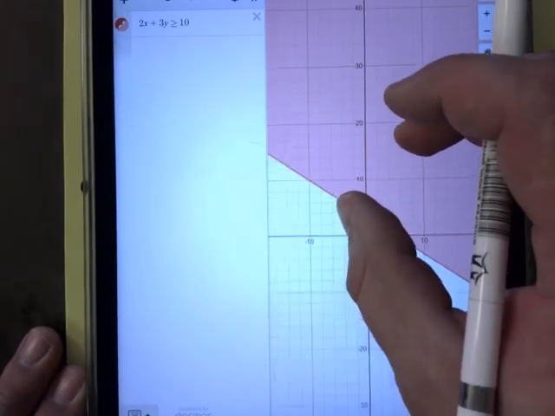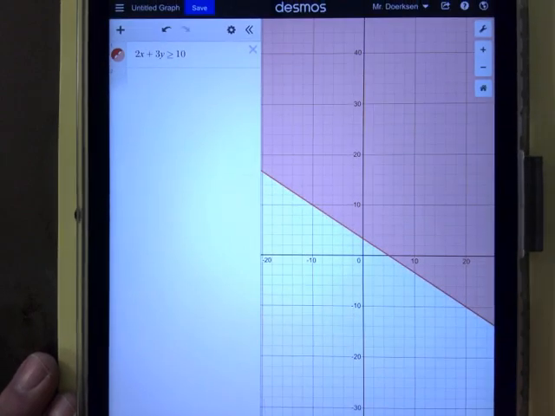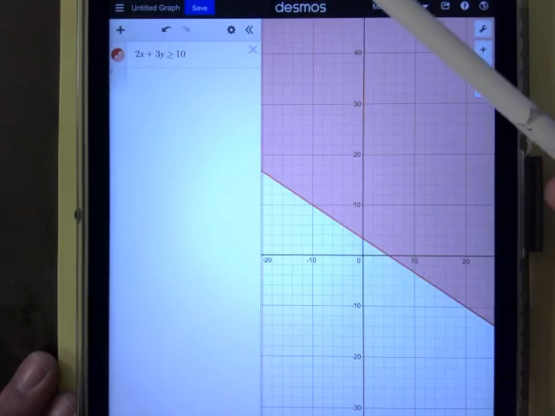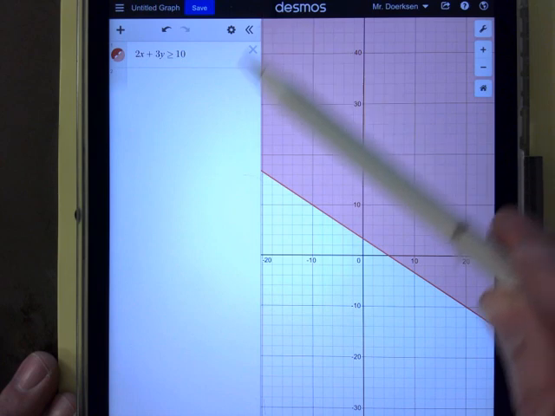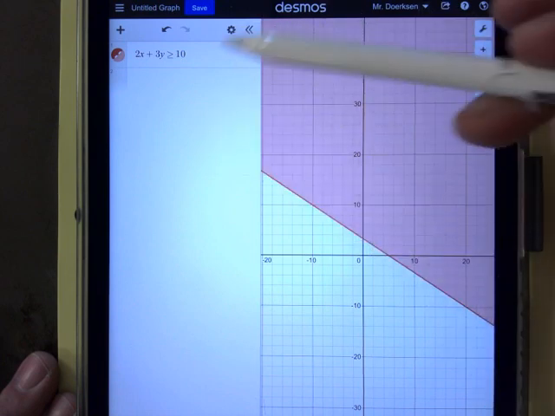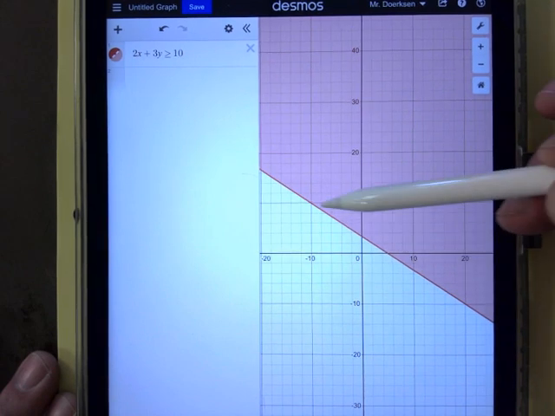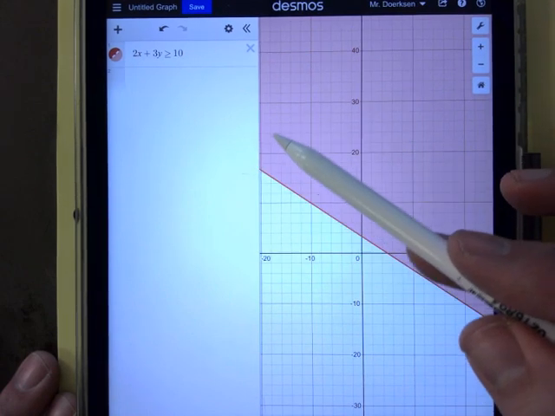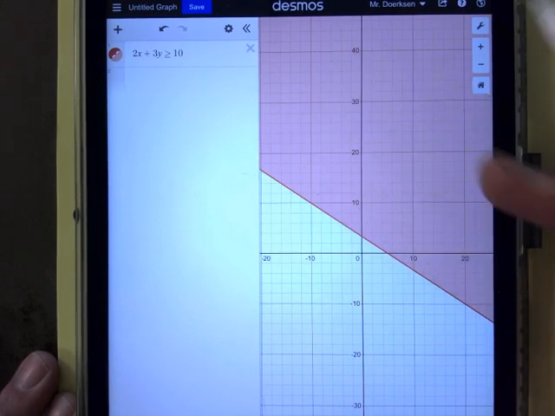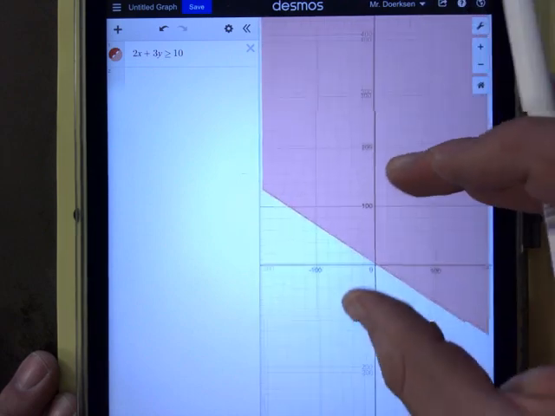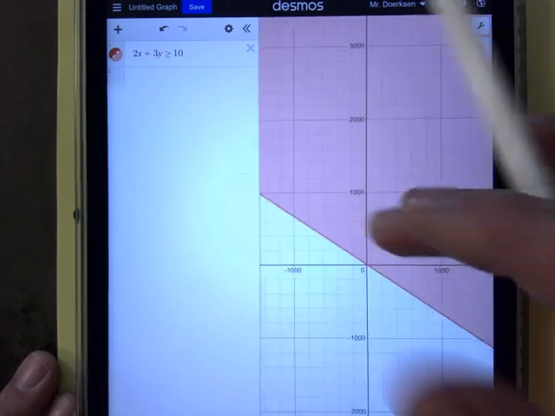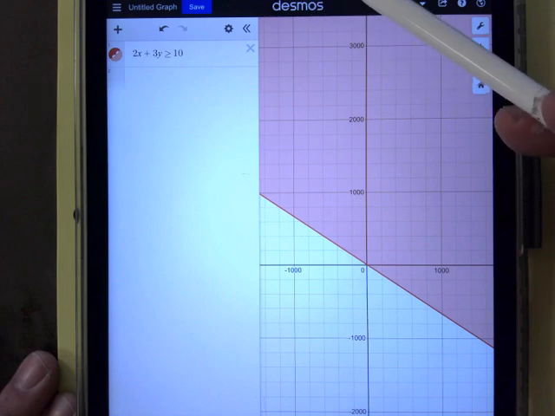It's no longer just a line, is it? There's a bunch of points shaded above the line here. So it's saying it's not just interested in the points that are right on the line, it's also interested in all the points that are above the line in this case. So we can zoom out indefinitely, and the whole pane above it is